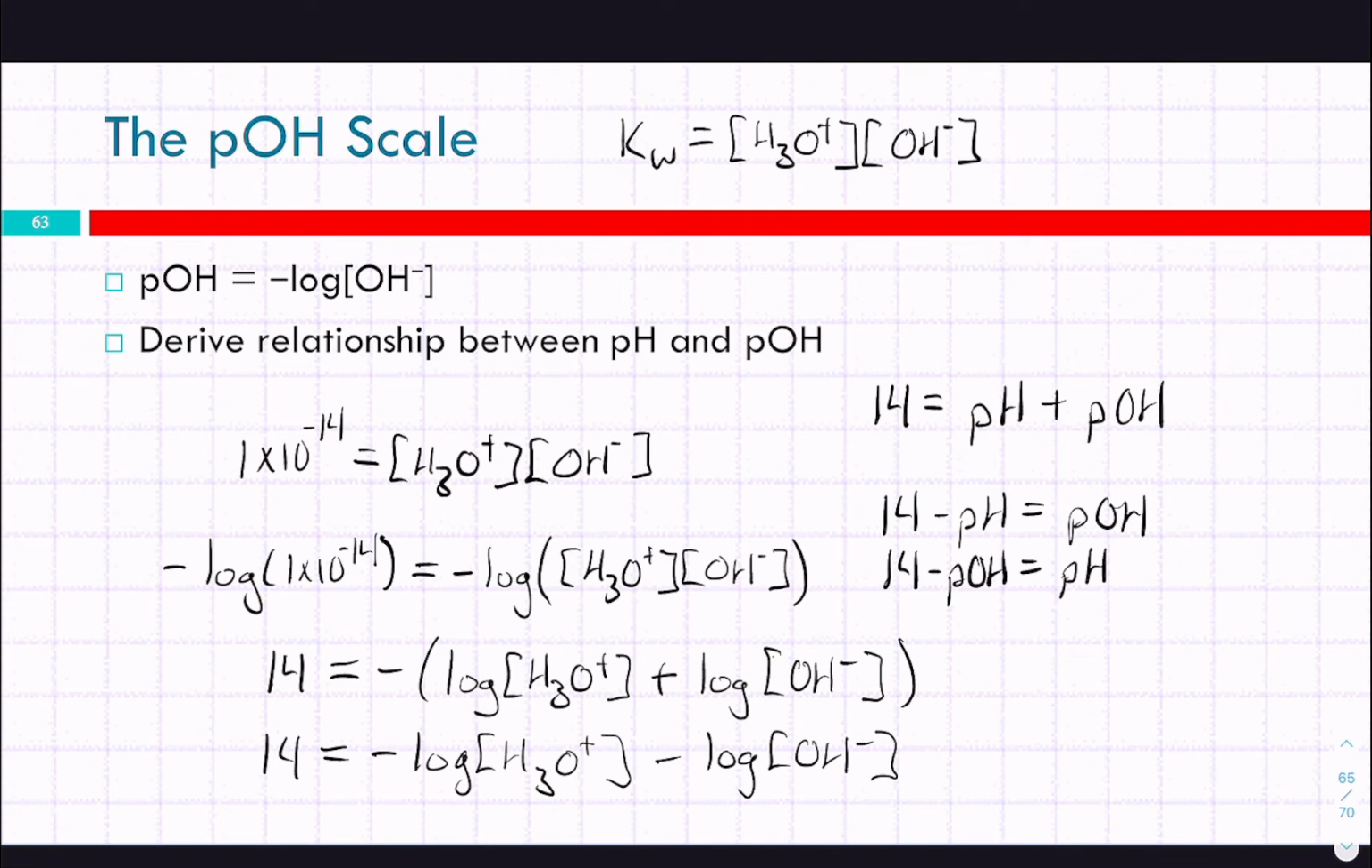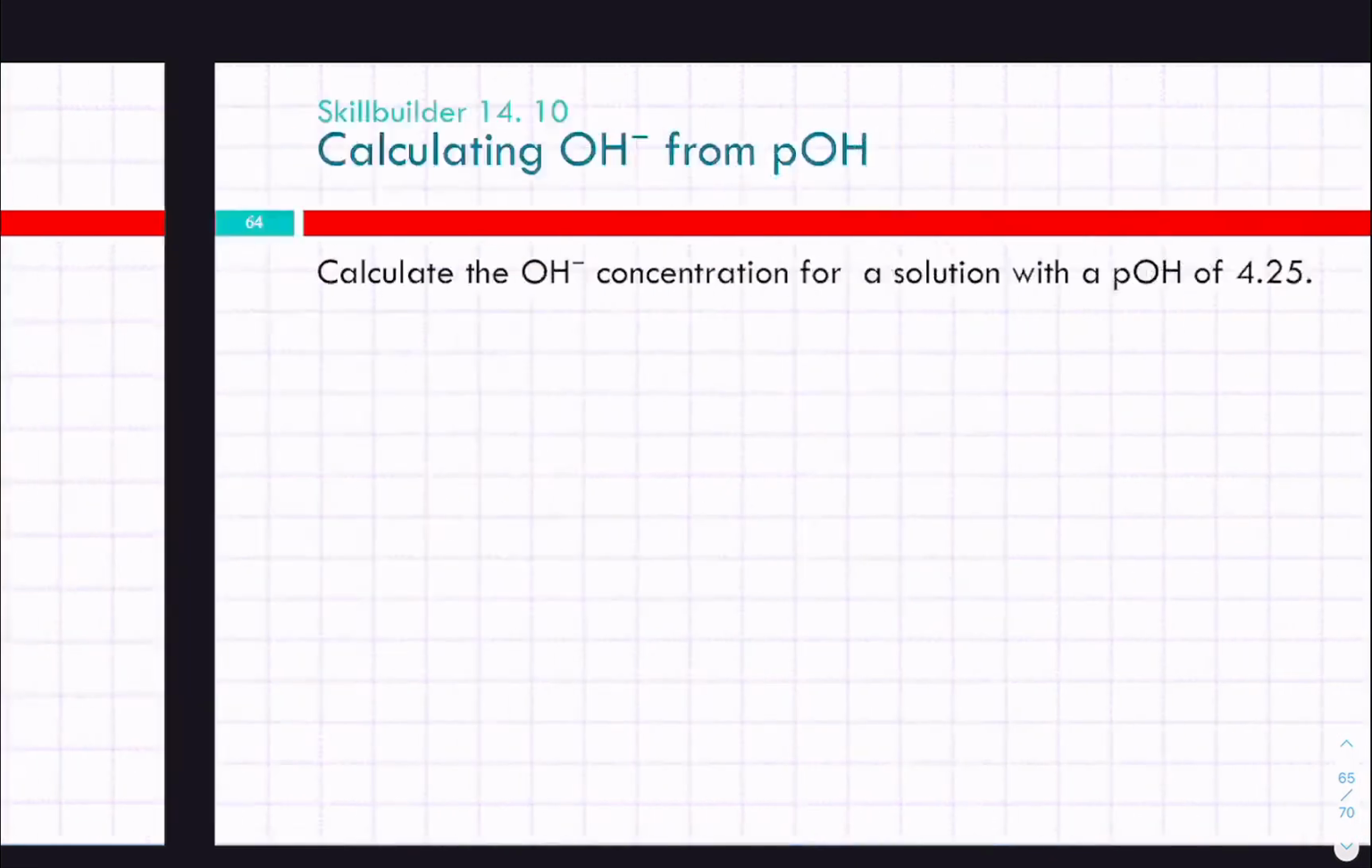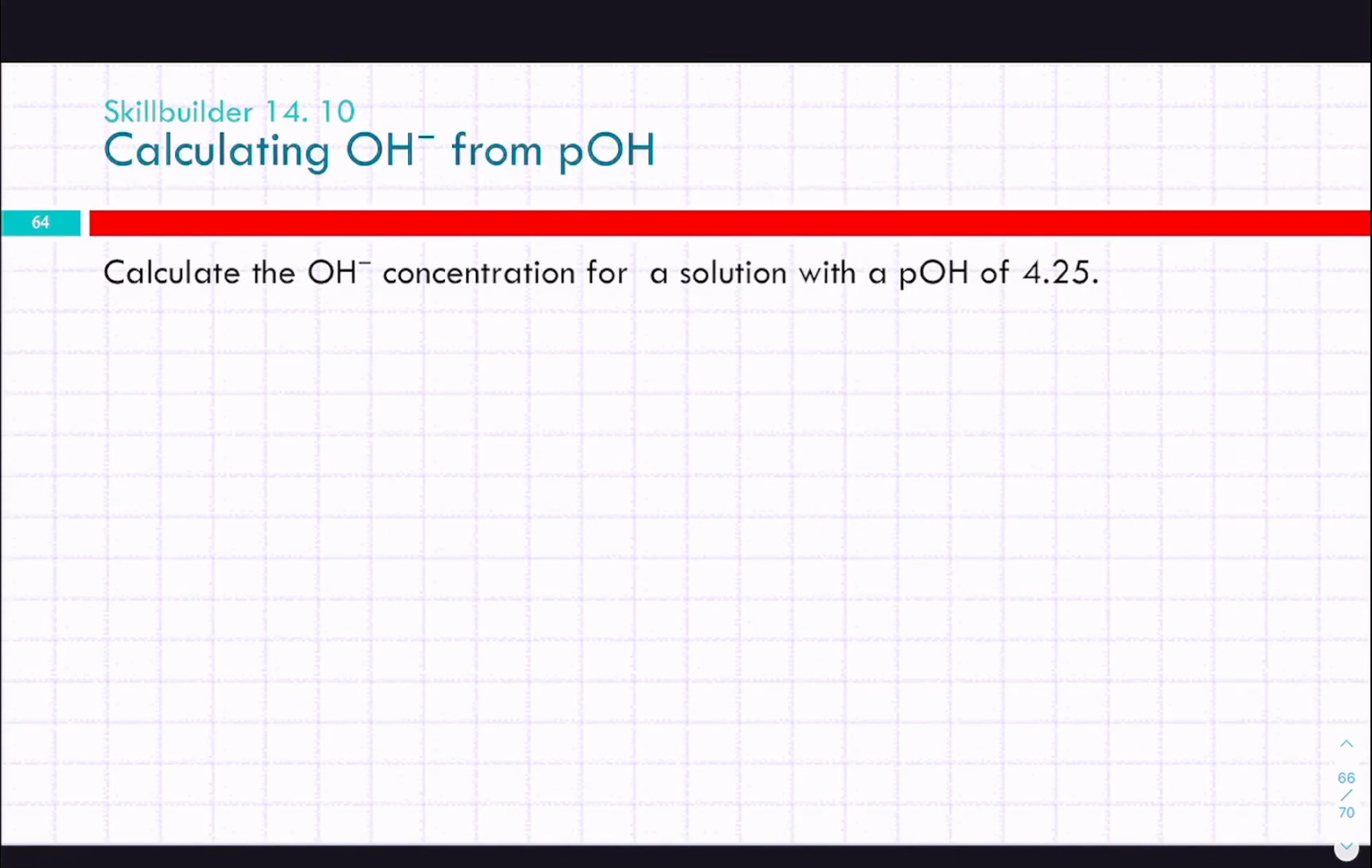But that's the relationship between pOH and pH. So really, the same equations that we just did for pH are the same for pOH. Negative log gives us pOH. 10 raised to the negative pOH will give us OH minus concentration. So if we want to calculate the OH minus concentration for a solution with a pOH of 4.25,